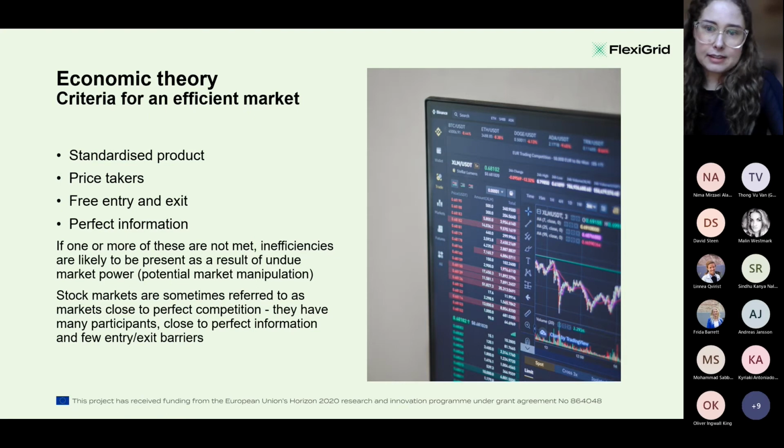And the reason for that is that smooth entry often puts a downward pressure on price. So if a seller on a market is making a profit, others will be likely to enter that market to get some of that profit and therefore increase competition and hence efficiency in the market. And last, we have perfect information, meaning that market participants will have perfect and equal knowledge of prices, costs, and their own utility, etc. And as you may imagine, all of these things are rarely, if ever, achieved.